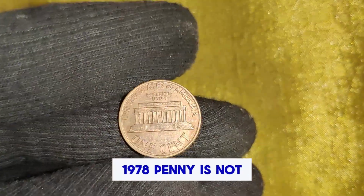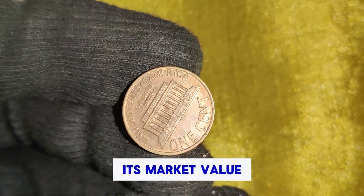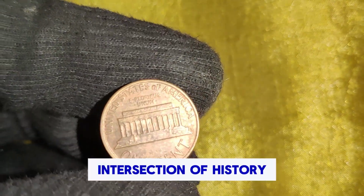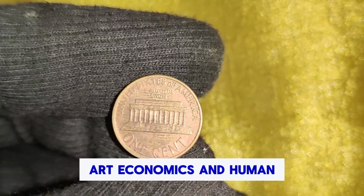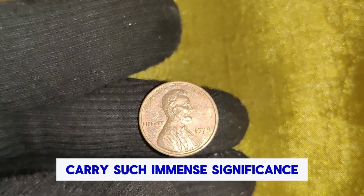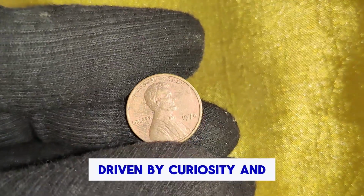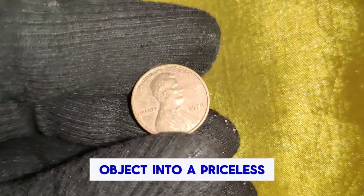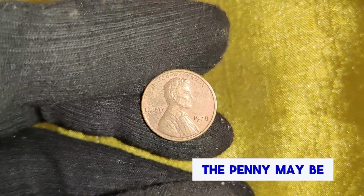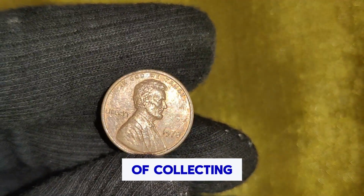The journey of the 1978 penny is not just about its design, its composition, or even its market value. It is about the intersection of history, art, economics, and human desire. It is about how something so small can carry such immense significance. And it is about how people, driven by curiosity and passion, can elevate an ordinary object into a priceless treasure. The penny may be the lowest denomination in American currency, but in the world of collecting, it stands at the